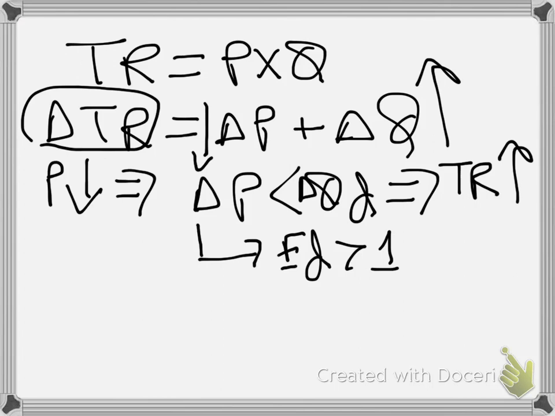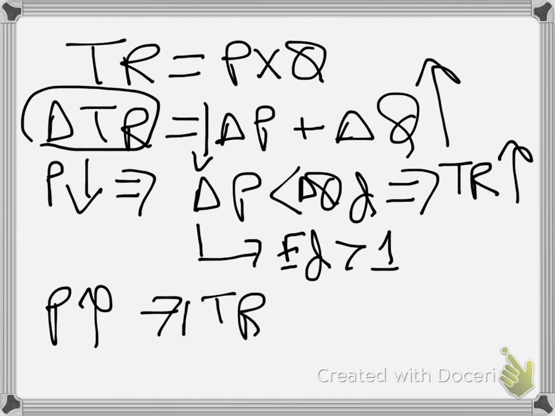Okay, so based on our mathematical formulation, we can therefore conclude that if the elasticity of demand is greater than 1, meaning that the demand for the good is elastic, a decline in price will increase total revenue. Now, conversely, if the price goes up,